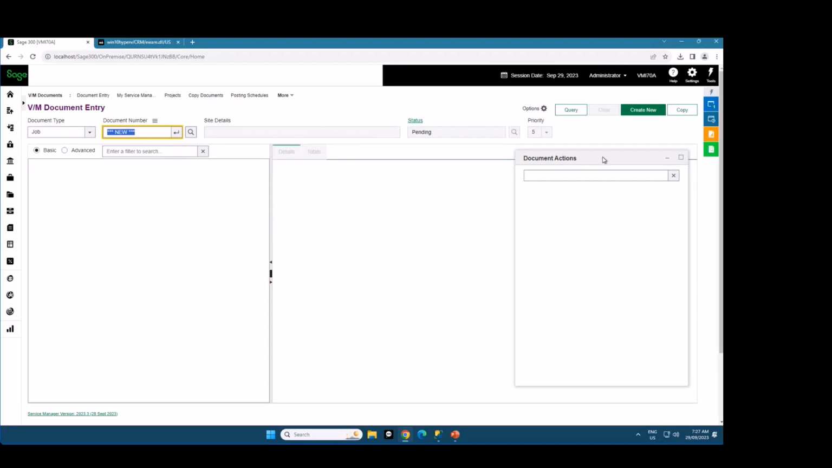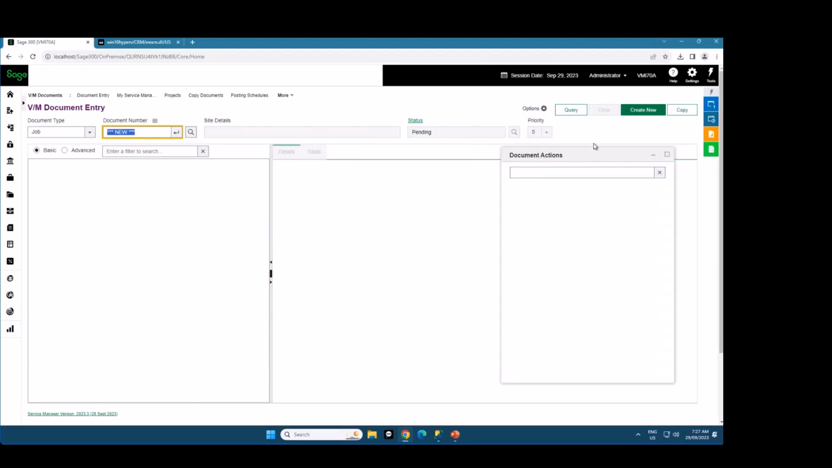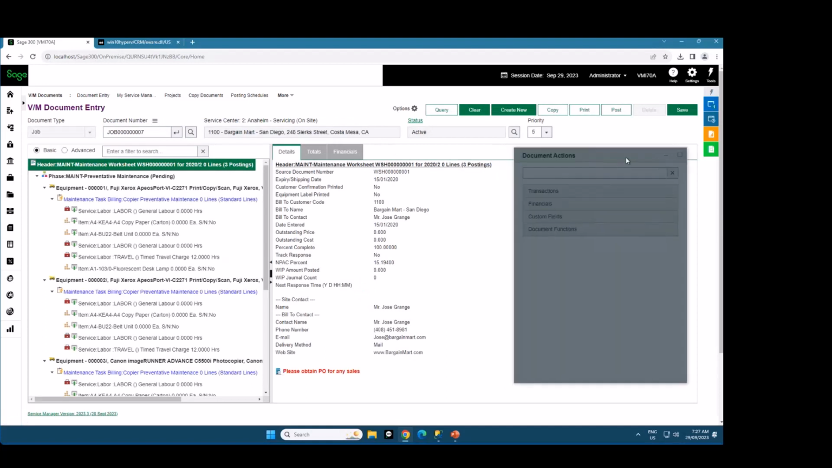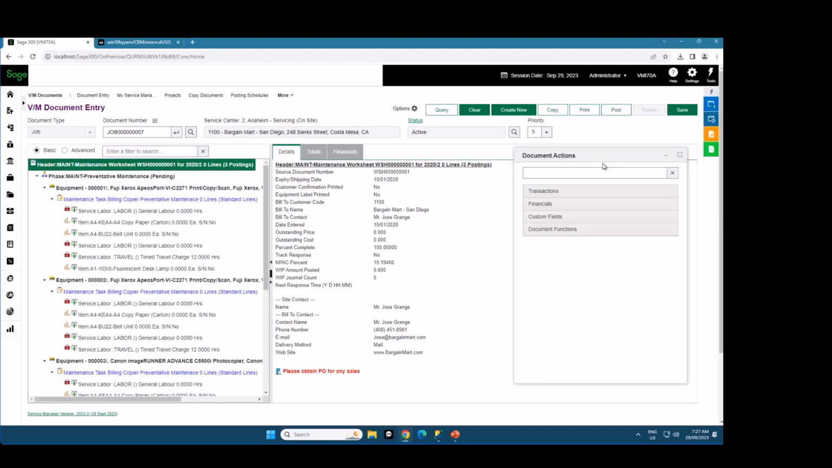Next, let's have a look at our actions menu here. When I load up a record, and I'll just go back to that other one, we use our actions menu here to access all the functions that we used to use on the desktop software via the context buttons that were available. So if I expand this out,